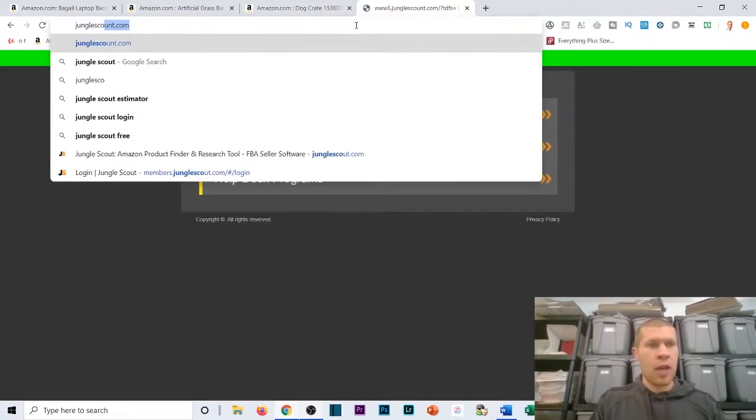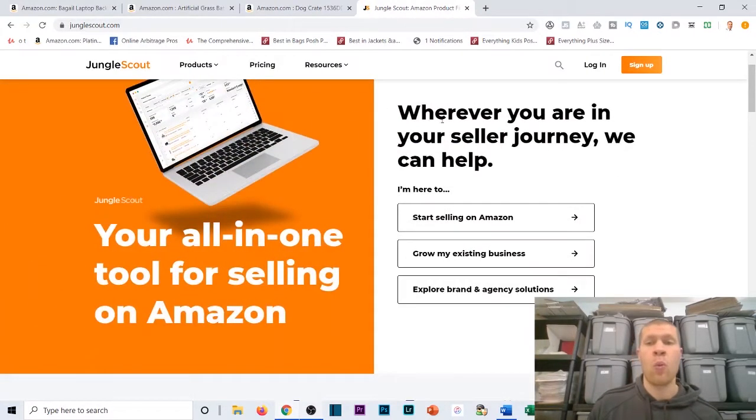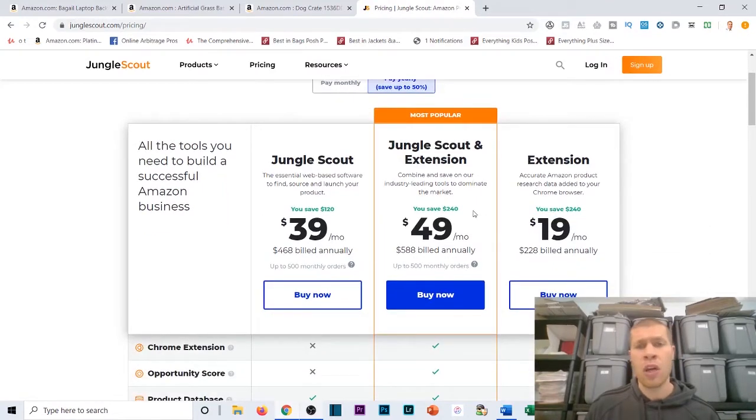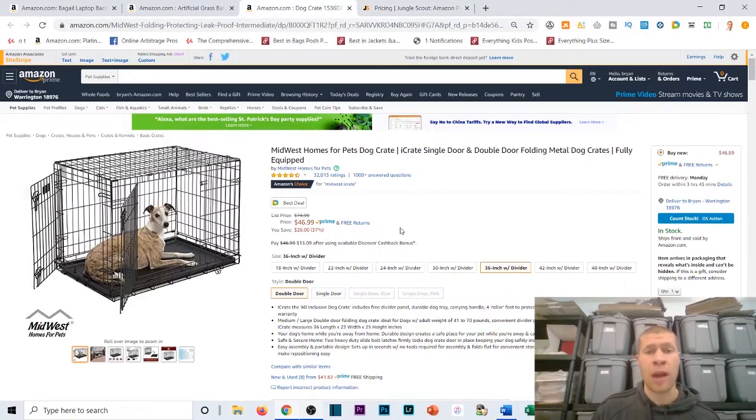So let me go to the Jungle Scout website, and I'll show you exactly what you want, right? So what you want on Jungle Scout, if we go over to pricing, it's not expensive at all. You don't want the package right here, and you don't want Jungle Scout. What you actually want is the Google Chrome extension, okay? That's what I have, right? What that's going to do is allow you to be on a product listing on Amazon, and it's going to tell you the sales on that